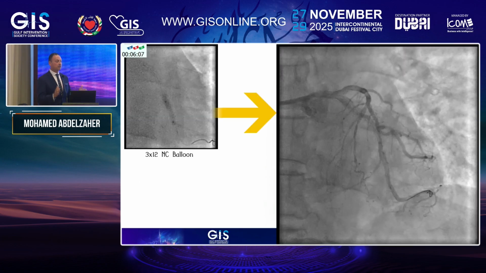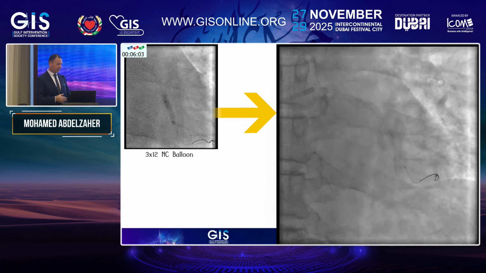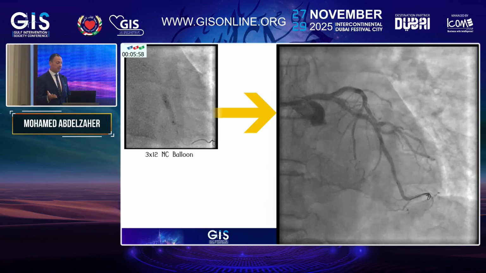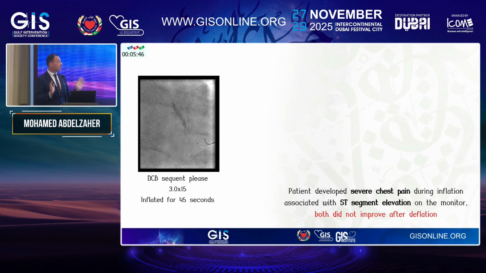So I started with an NC balloon 3.0 by 12, dilated nicely, and I had a stent-like result. Oh, it's my lucky day. So let's go for the drug-coated balloon. I selected the drug-coated balloon 3.0 by 15, SeQuent Please, the most commonly used in my center, and inflated for 45 seconds as usual. But during balloon inflation, the patient developed severe chest pain with ST segment elevation, which is normally